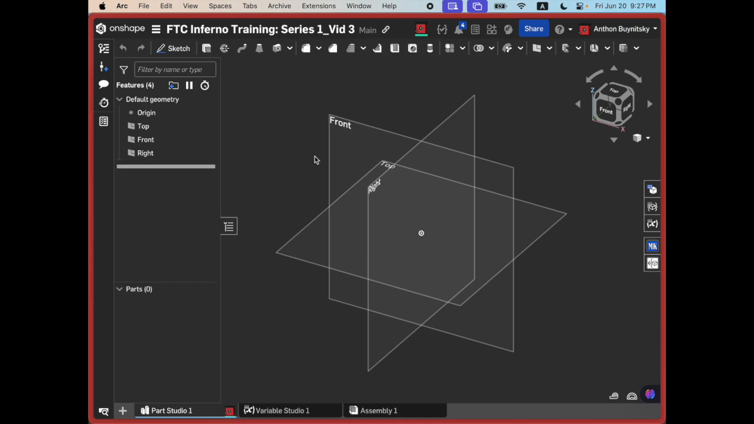Raj, anything? Any questions, comments? Nothing from me. Cool. Now moving on to the upper panel, this is where you actually create features, or you